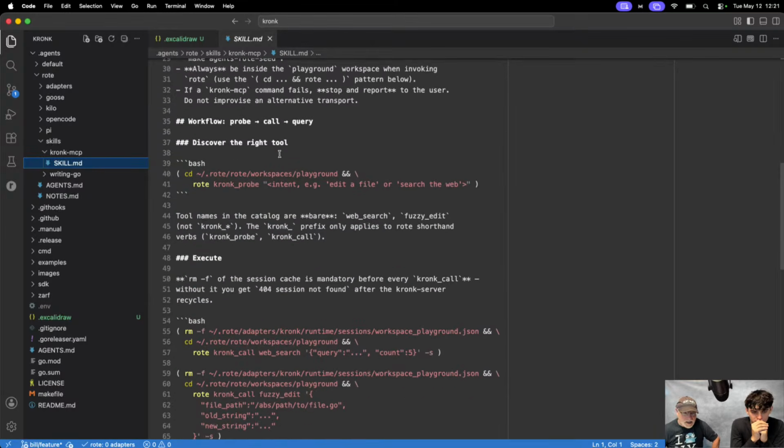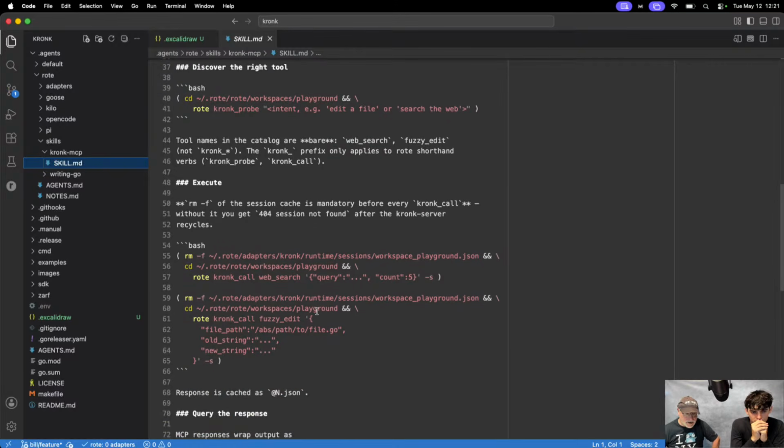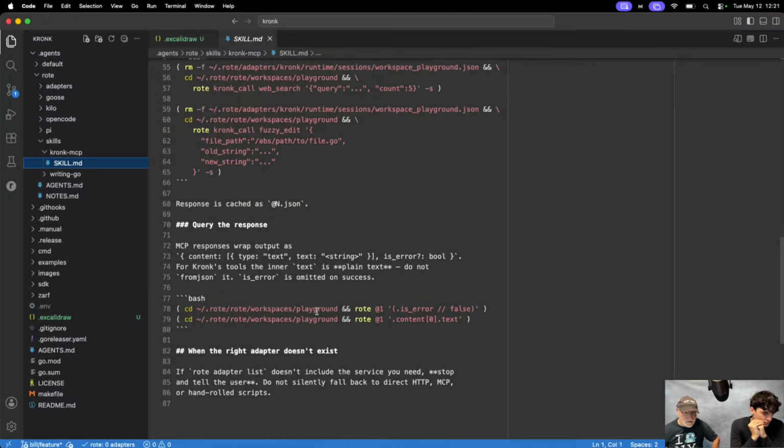So you can see here that we're giving it specific instructions, and I had AMP write a lot of this stuff. I didn't come up with this off the top of my head. Their documentation is so good that the AMP agent was able to just start going crazy here.